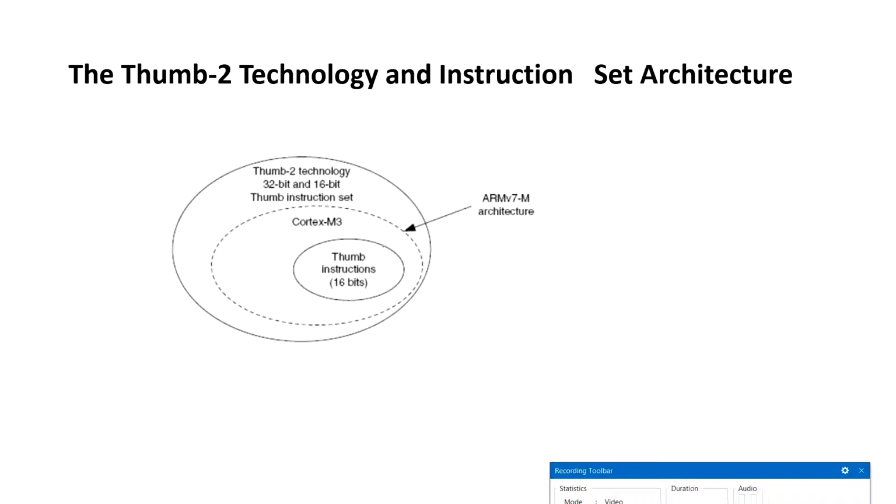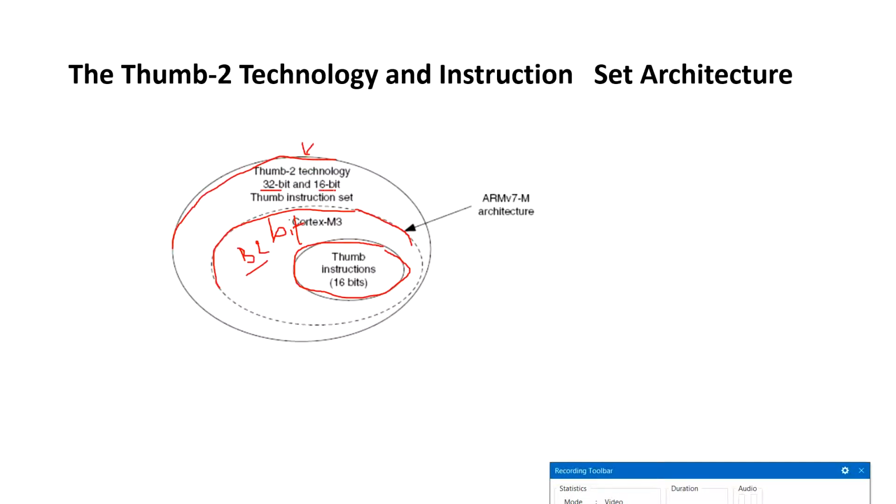You can find that this is a set theory. As a part of set theory, the inner circle has 16-bit. It is surrounded by the Cortex-M3. That means Cortex-M3 supports 16-bit, and also this part is 32-bit. So this Cortex-M3 processor includes 16-bit Thumb instructions as well as 32-bit Thumb instructions. The upper circle represents one instruction set which supports both 32-bit and